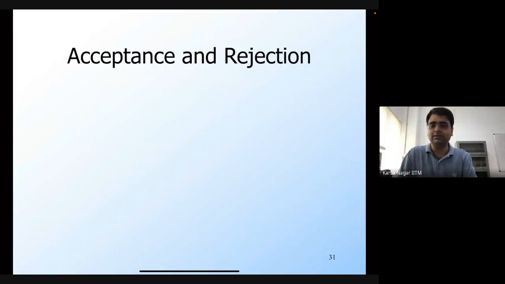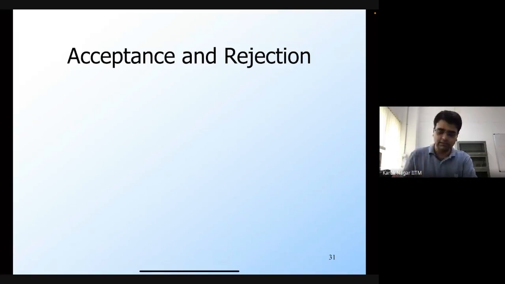So Sanchit is asking that looping forever is not equal to rejection. Again, this depends. If, for example, from a final state you loop forever using epsilon transitions, then that's not equivalent to rejection. But if your loop doesn't involve a final state, then it would actually be equivalent to rejection, because you will never reach a final state in that case.